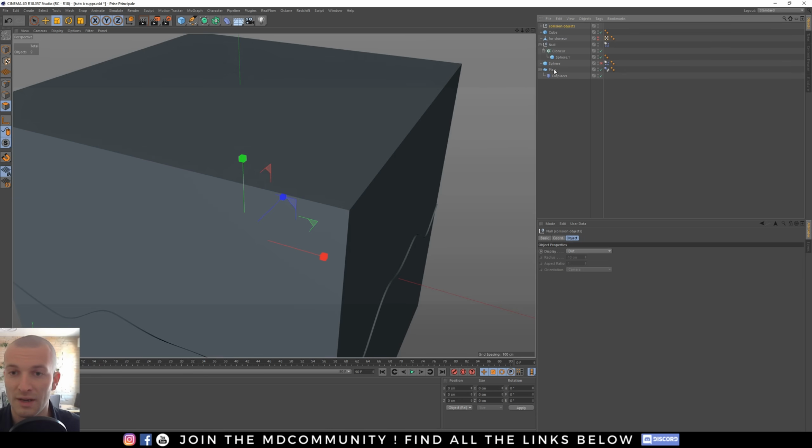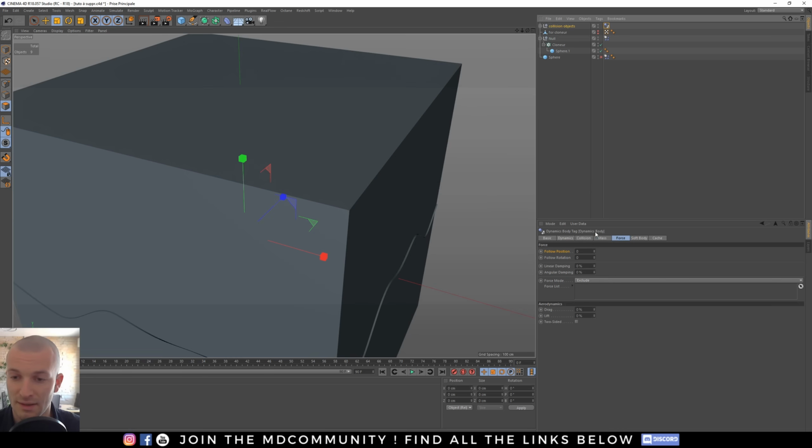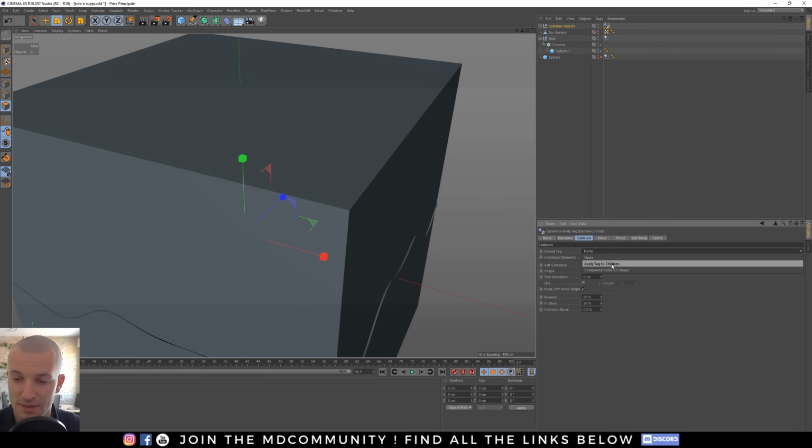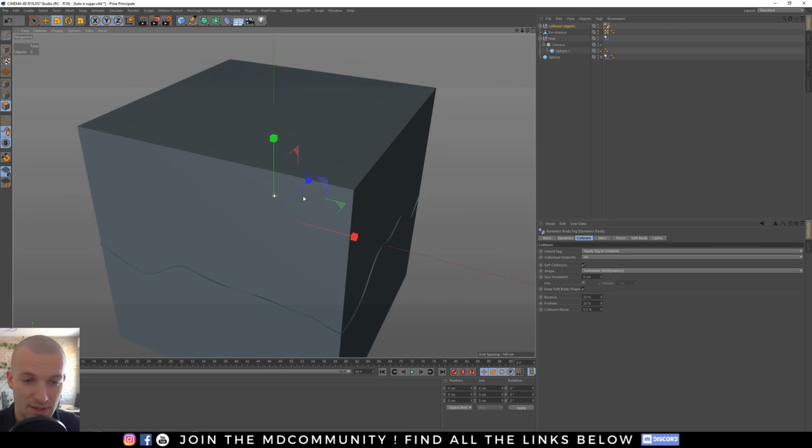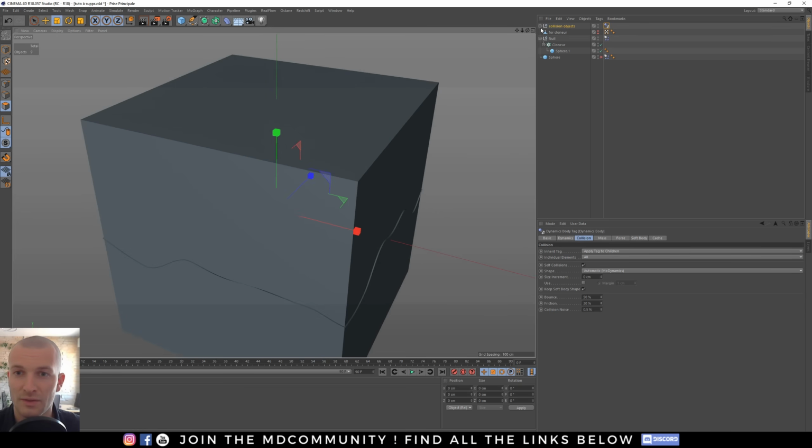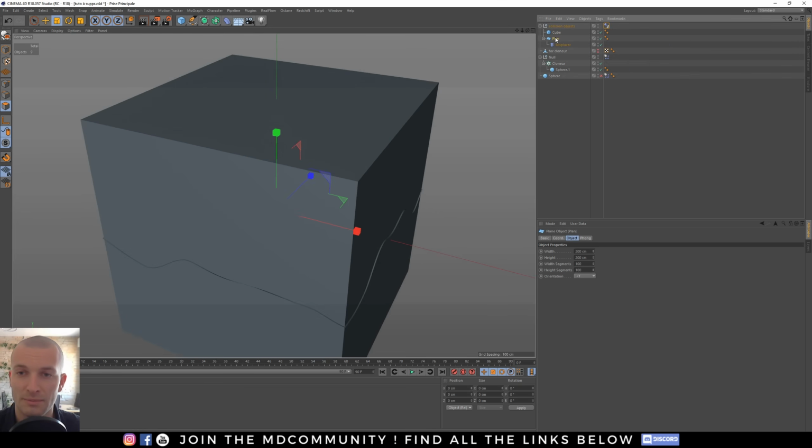I need my plane in, I need my cube in, and I put the tag on this null. In collision I will set apply tag to children, all, automatic mode dynamic. It's perfect. Now I have a tag on my cube and my plane.